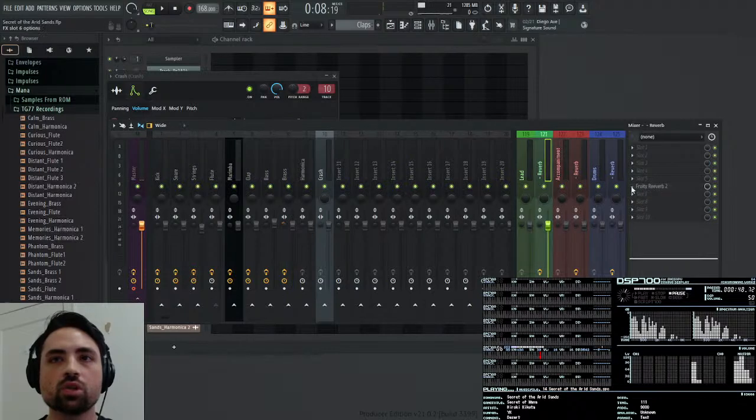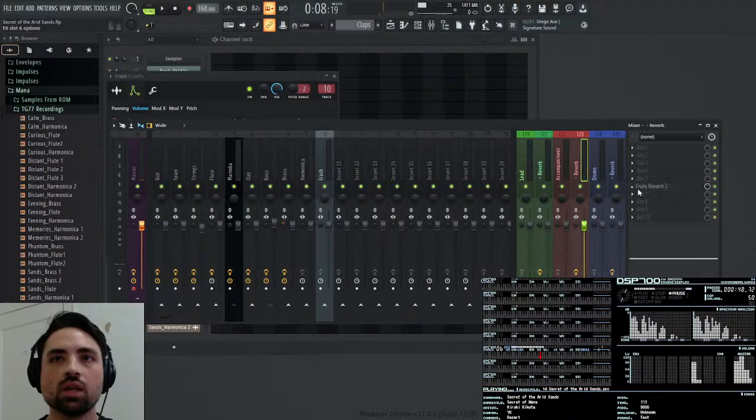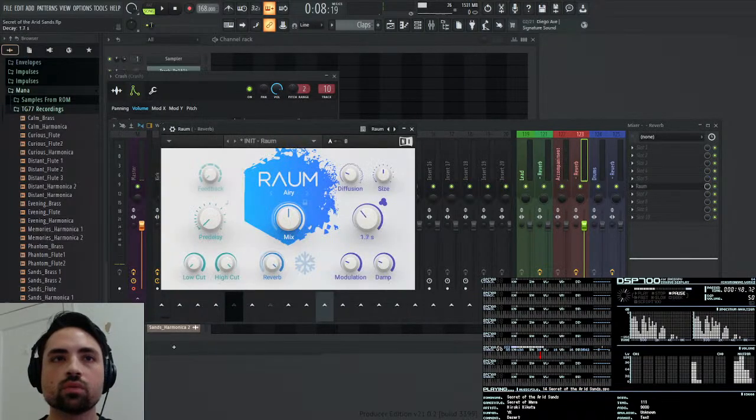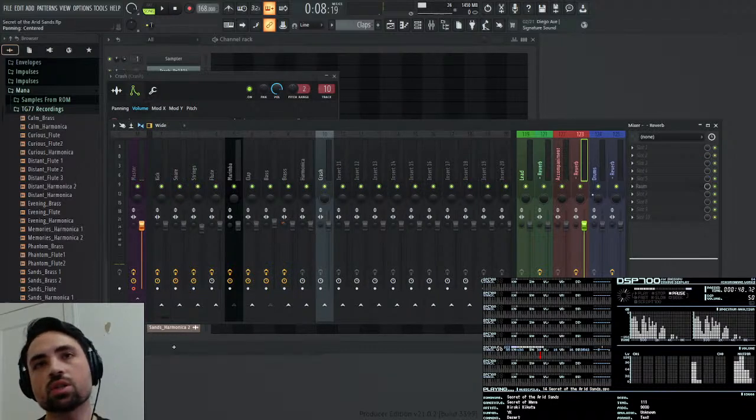And now I'm going to replace, I'm going to put realm in there, and this one's going to be like 25, 30%. 1 second decay. And the accompaniment will be realm with 1 second decay and 20% effect.